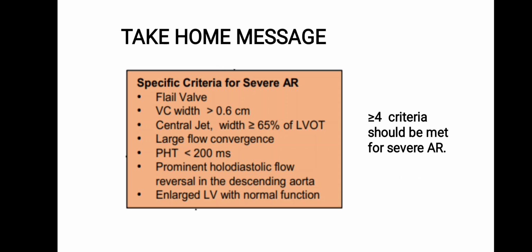Take home message: a specific criterion for severe AR is flail valve. If you see a flail valve, look, that is severe AR. Vena contracta width greater than 0.6 cm means severe AR. Central jet